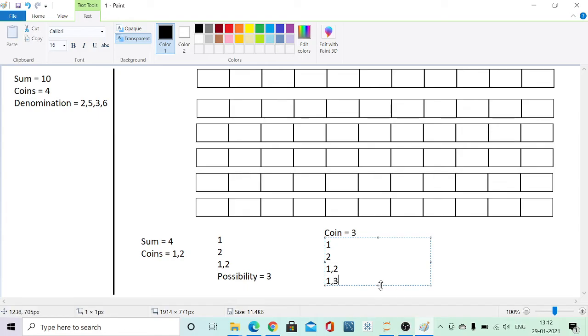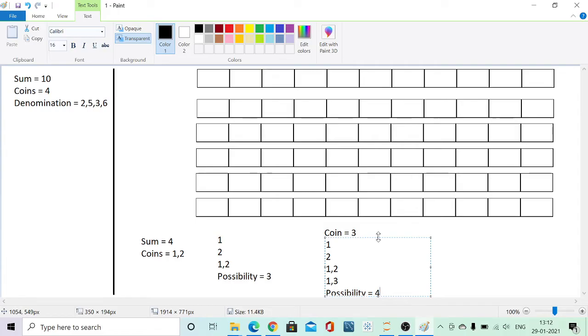So I have got 4 possibilities. Now there is no possibility that I can use coins of denomination 3 only or the combination of 2 and 3. So the total possibility in this case is 4.